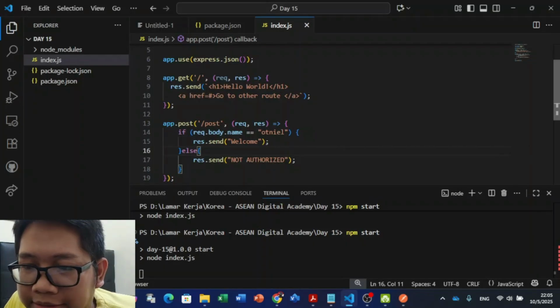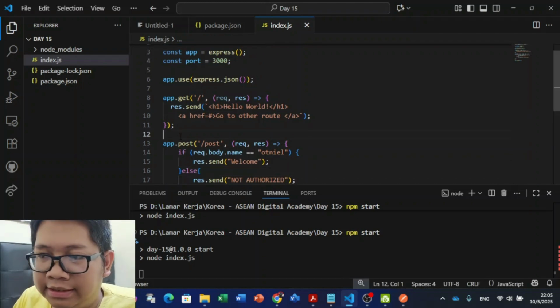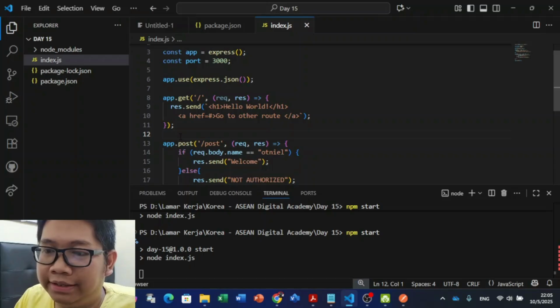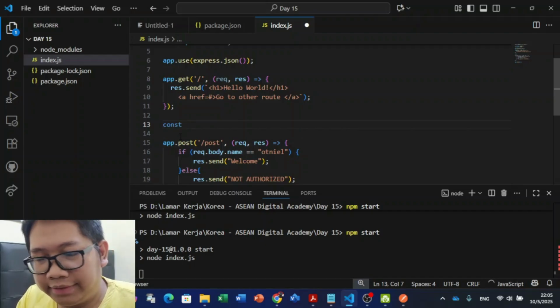Okay, the next step is to create middleware. First, we can create a logger middleware, so it will process any request or any route we access. We always get this. To use this, we can just define the middleware.